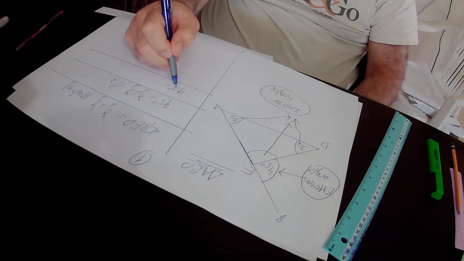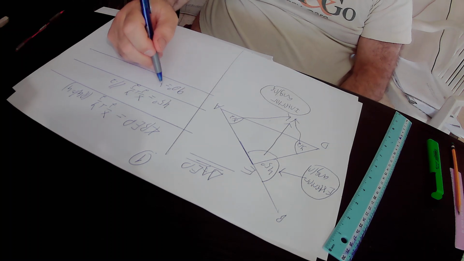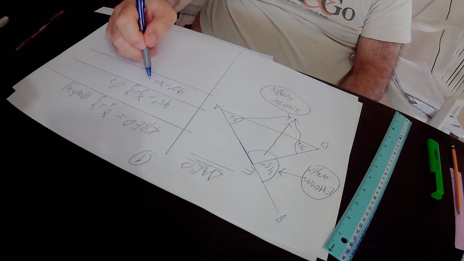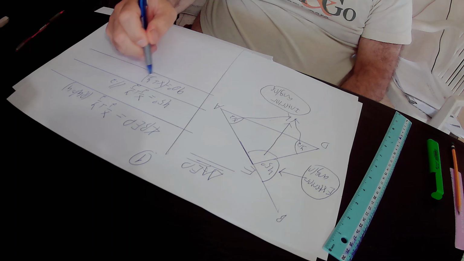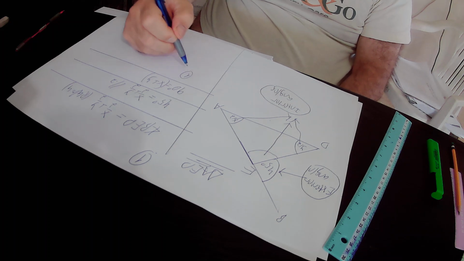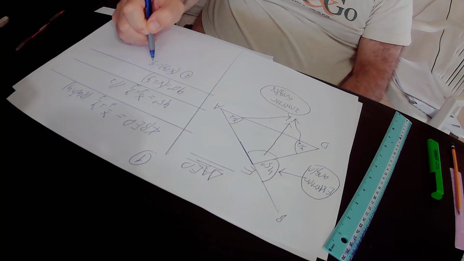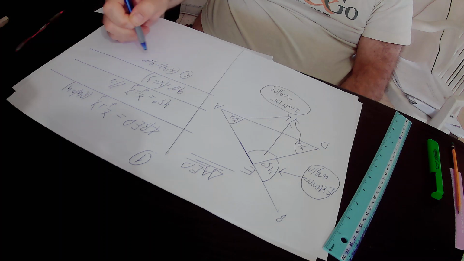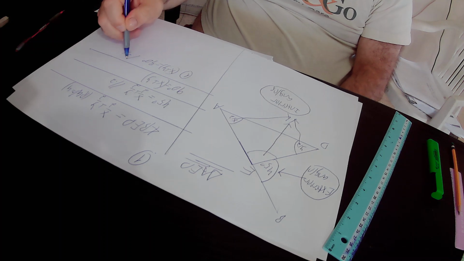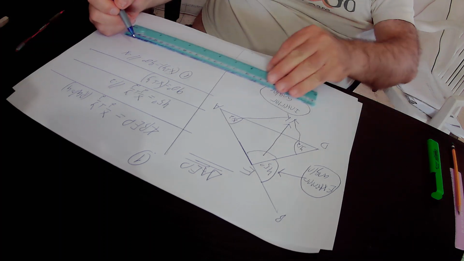So 90 degrees equals x over 2 times 2, which is x, plus y over 2 times 2, which is y. So in conclusion, we found out that according to equation 1, x plus y equals 90 degrees. Here we subtract x from this equation, and finally get that according to equation 1,